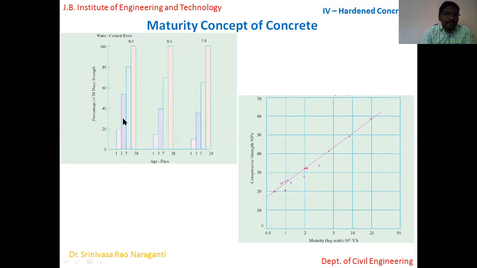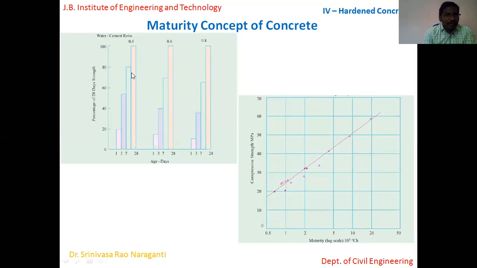Now if you look at this, let me take the 28 days strength. After 28 days, all the water cement ratio mixes are achieving 100% of the 28 days strength, not a problem. But if you take a close look at the 7 days strength, with a water cement ratio of 0.4, after 7 days it's achieving 80% of the strength. If you increase the water cement ratio to 0.6, it's achieving hardly about 75% of the strength. And if you increase the water cement ratio further, you see a further drop in the gain in compressive strength, still lower than 75 or 70%.